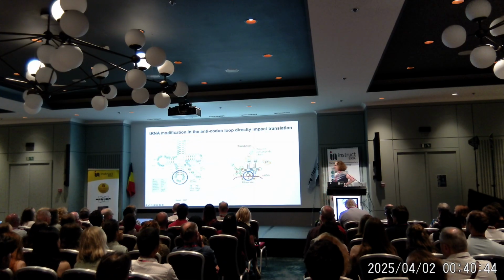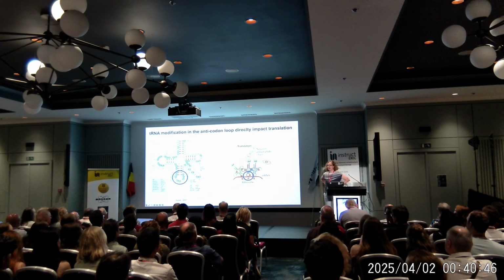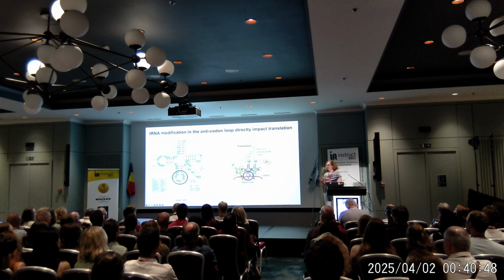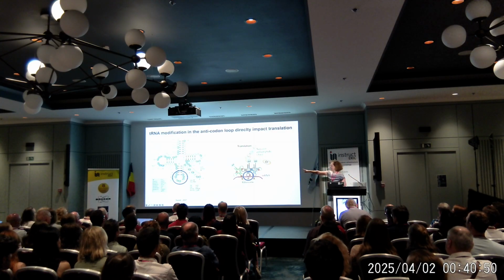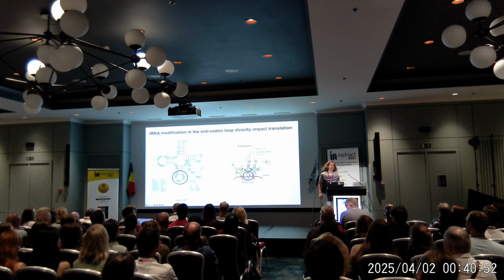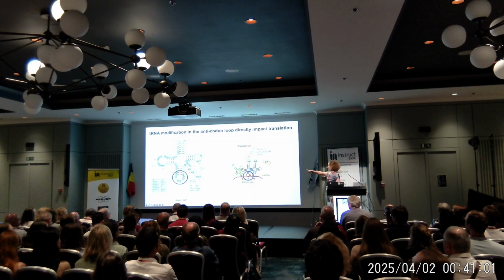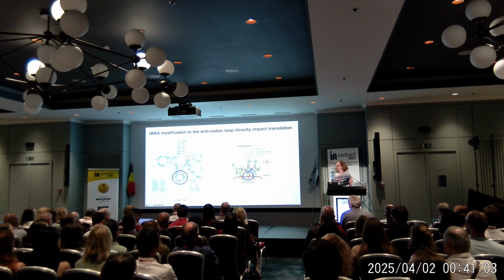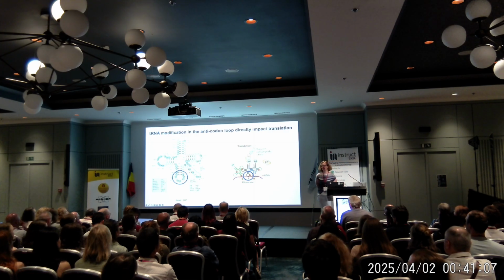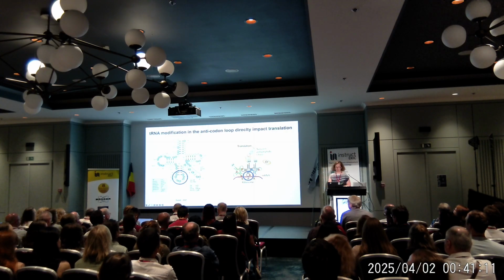Naturally, the anticodon loop in the tRNA is one of the most heavily modified regions. You can see all these modifications that are present in the boxes. They can be present in the anticodon loop. And actually, the anticodon loop is the one that pairs at the ribosome with the mRNA. And so these modifications can really significantly influence and impact gene expression at the ribosome. And today I'll present